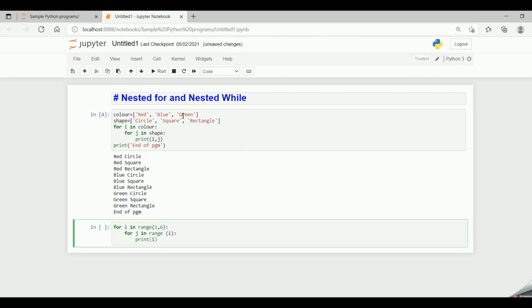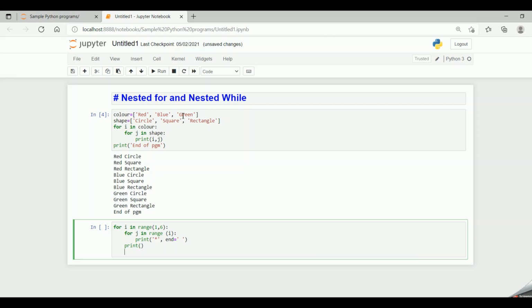Then I say print asterisk, and then end equal to space. Now I say print, this is for the new line, coming to the new line, and then print end of program.